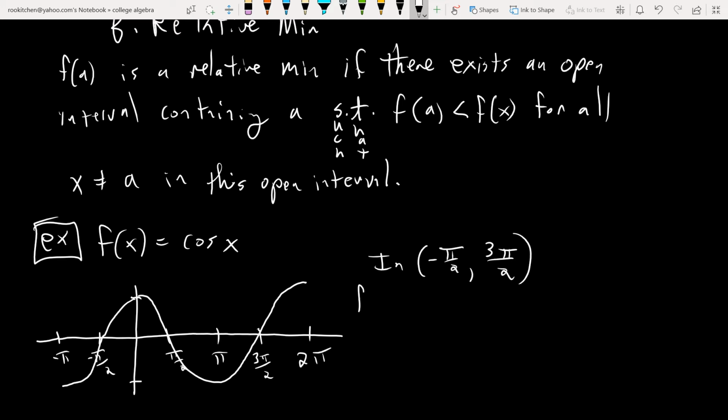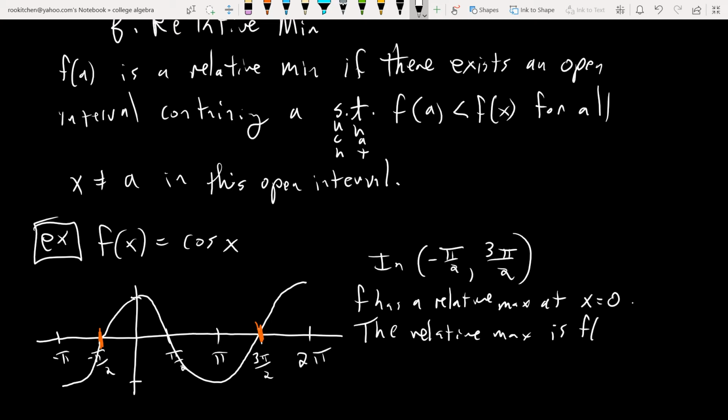we'll talk about these maxes and mins. So F has a relative max at, well, in this interval, maybe on the number line I should put some tick marks here. So there's negative pi over 2, and here's 3 pi over 2. So in that interval, F has a relative max at 0, so at X equals 0. So what is the relative max? That's just the location. The relative max is F of 0,